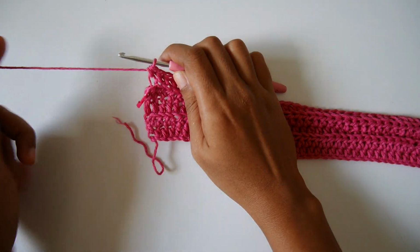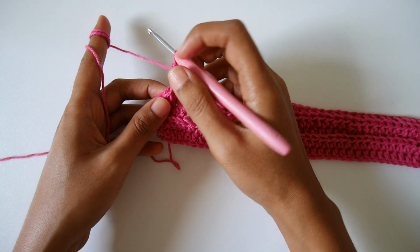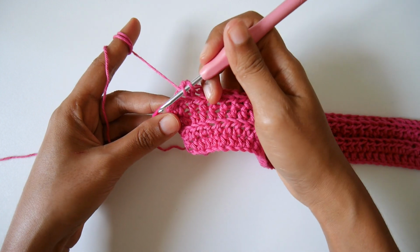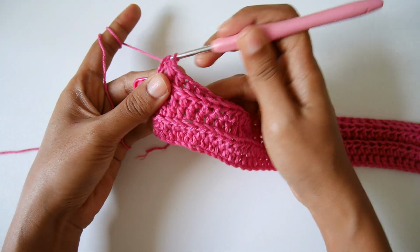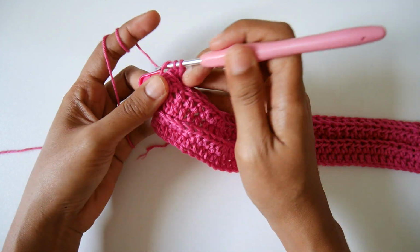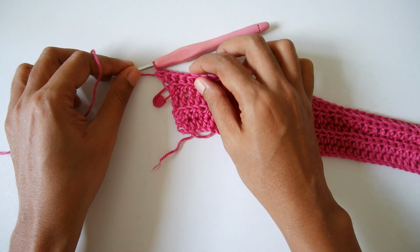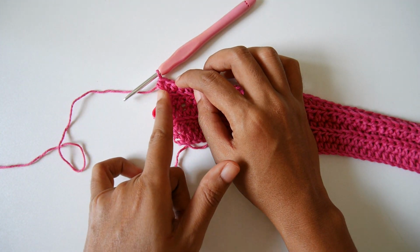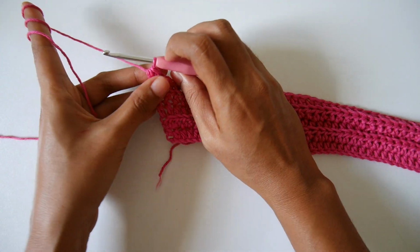Now I am in the last stitch of row 5. The last stitch we will make increasing by making 2 half double crochet in back loop, and you can see the increasing here, and then we chain 1 and turn,